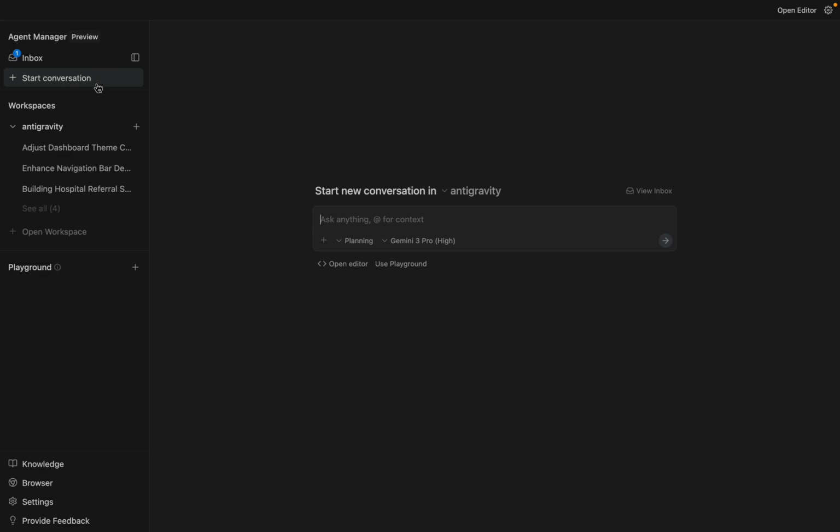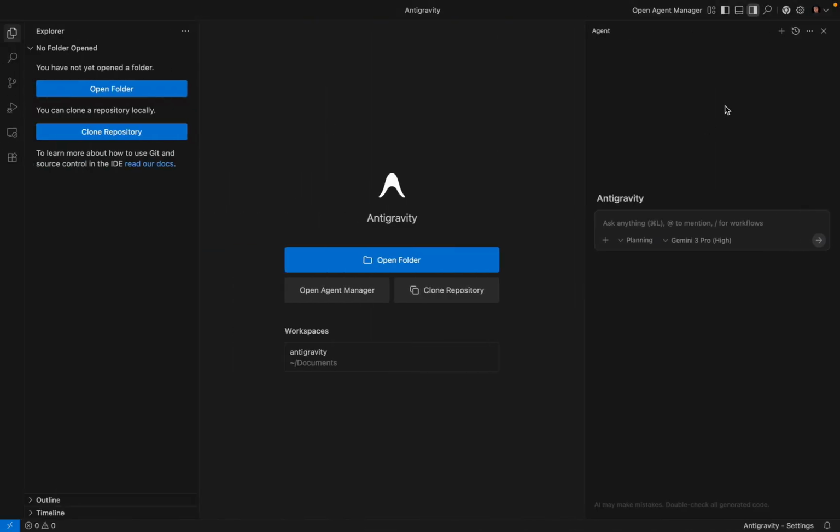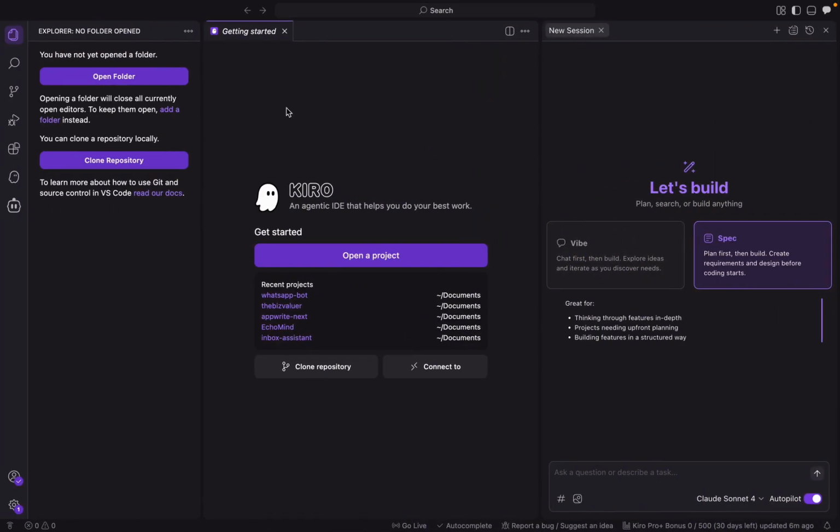So that's it about the interface. The interface is very simple. Everything was kept very simple. You can also open your browser from here, open your settings and your account from here. You can open your task manager and a few layout customizations there. So that's it about the simplicity of the interface. We've discussed the Antigravity interface. We've also discussed the